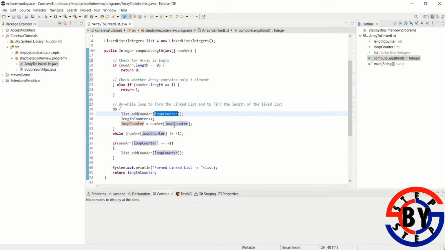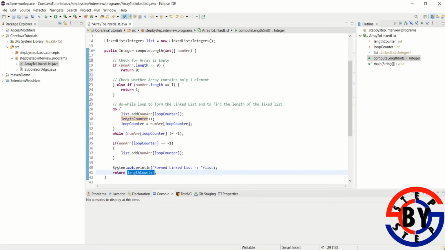That's how it will work, and this will continue checking whether the next index value equals -1. If it equals -1, then it will not go inside the do, it will break the loop, and then simply return the formed length counter.